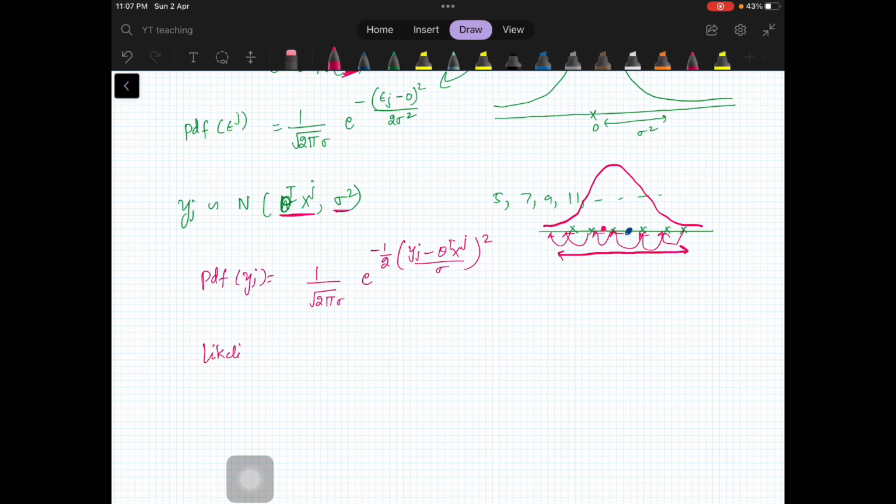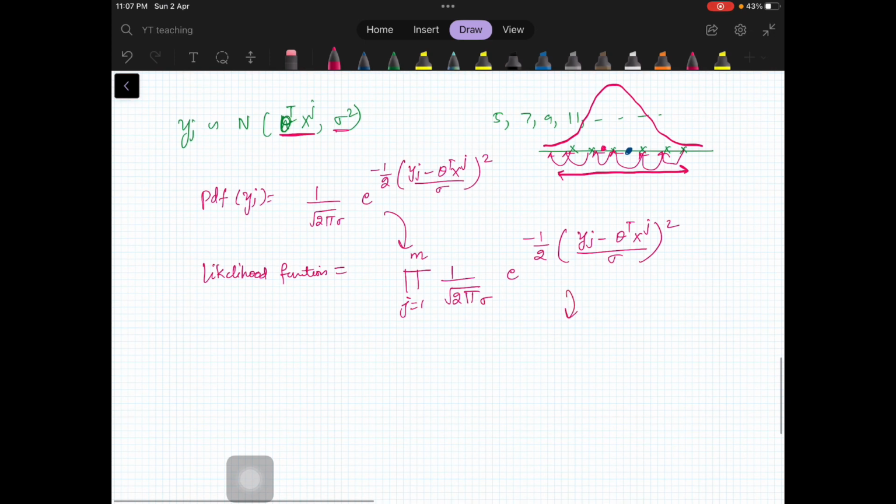function will be that I'll multiply all these probabilities. So I have m examples, j from 1 to m, 1 by square root of 2 pi sigma, e raised to the power minus 1 by 2, yj minus theta transpose xj over sigma square, right? So this is my likelihood function. Now you have to maximize this,